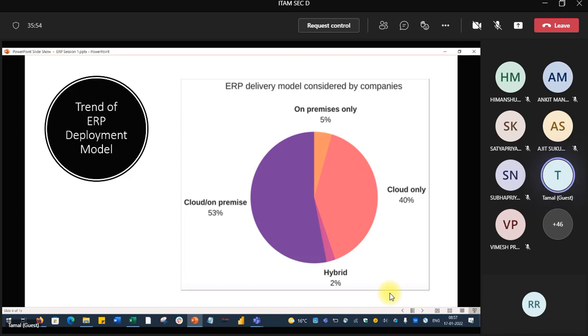And hybrid is 2%. So cloud and on-premise still have the major chunk of the implementations. And cloud only is 40%, and on-premise is coming down. So obviously, it means in the future only cloud implementations will be there.